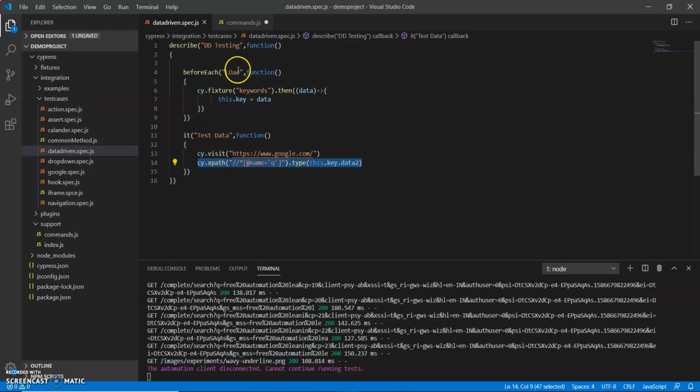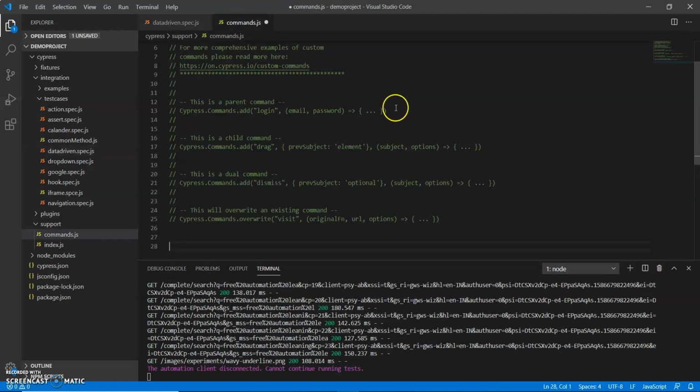First I go and copy this syntax here. They give an example of how we can add it, and here I write our code. This is a search keyword example, and I need to pass keywords, right?